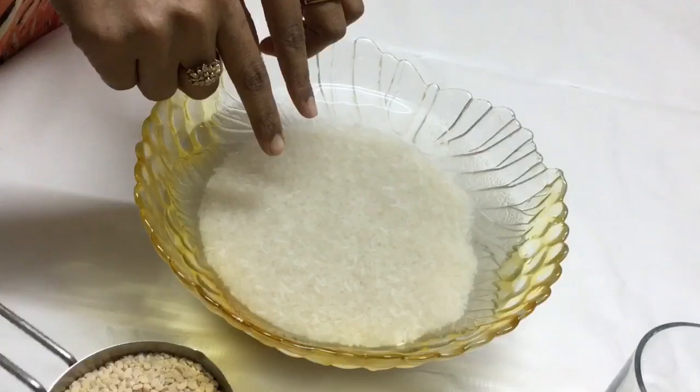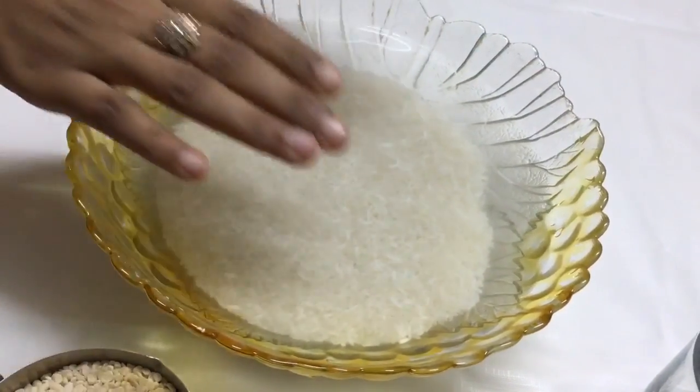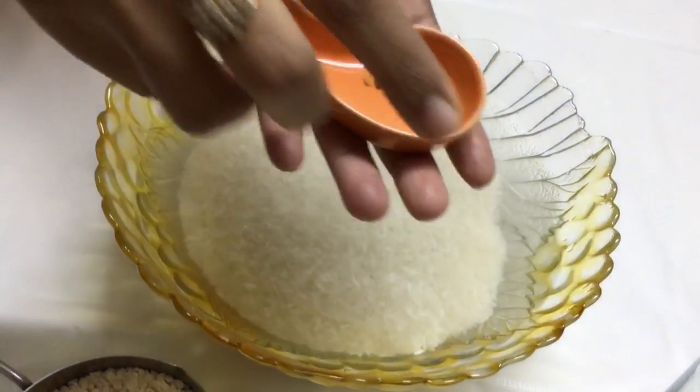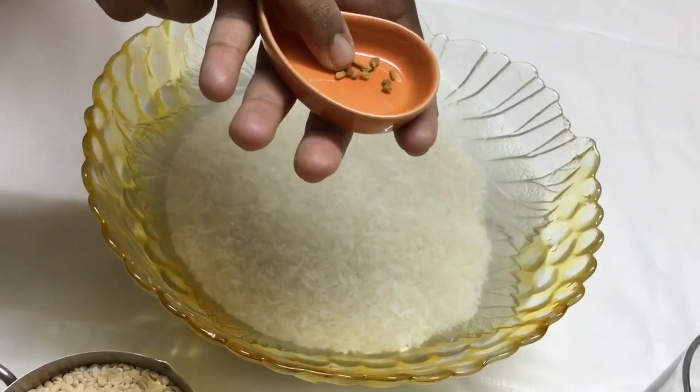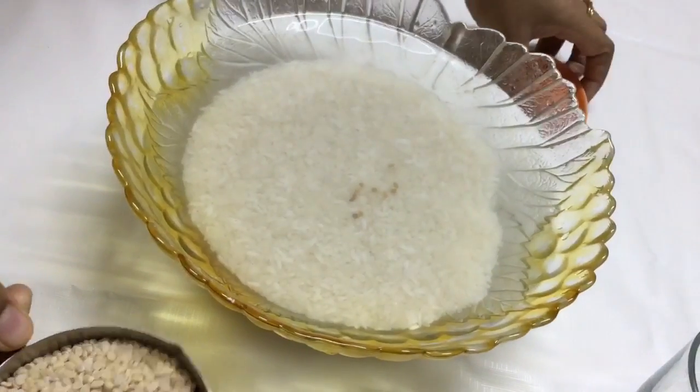And I have already soaked the rice in water just to show that the water level is also not very mandatory. Your rice should just sit in it. And here I've got a pinch of mustard seeds. It helps in the fermentation. So we're going to add the mustard seeds and the